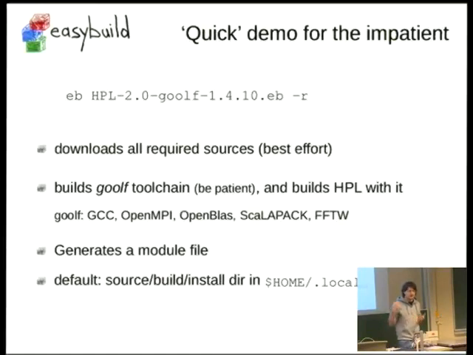So if you run this command, after installing EasyBuild, this will try to download all the sources it can find. Maybe some mirrors are down or something, or you don't have access, so you can put the sources in a directory for the application to pick them up. So this will build first, download the version of GCC, and compile GCC from source again, because we want it to be reproducible. So we know it